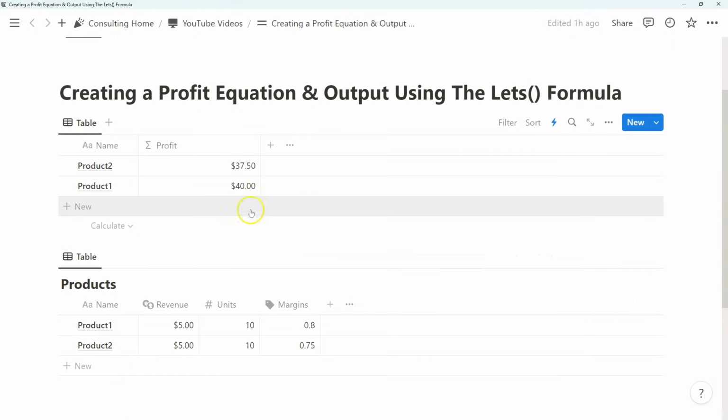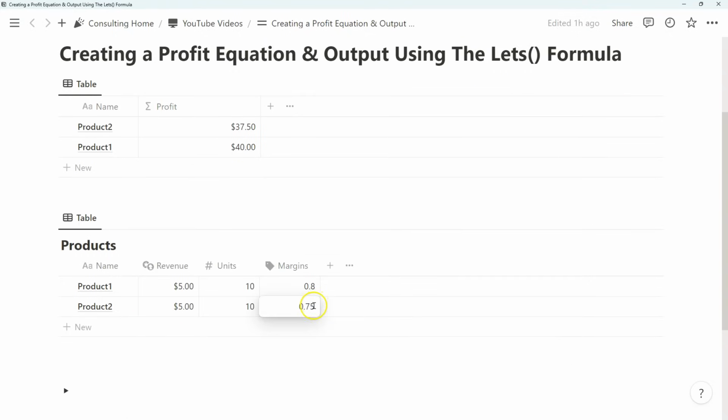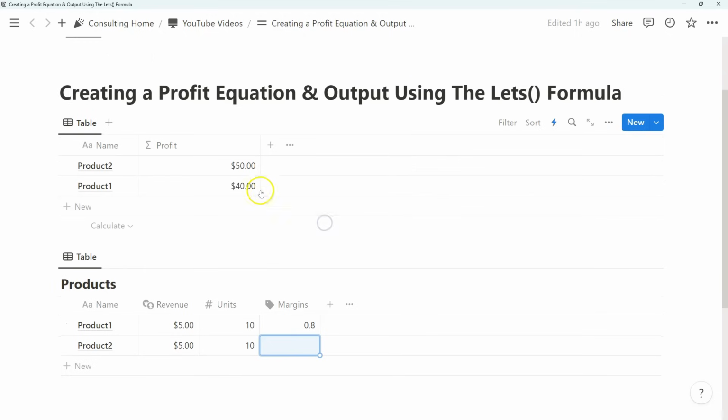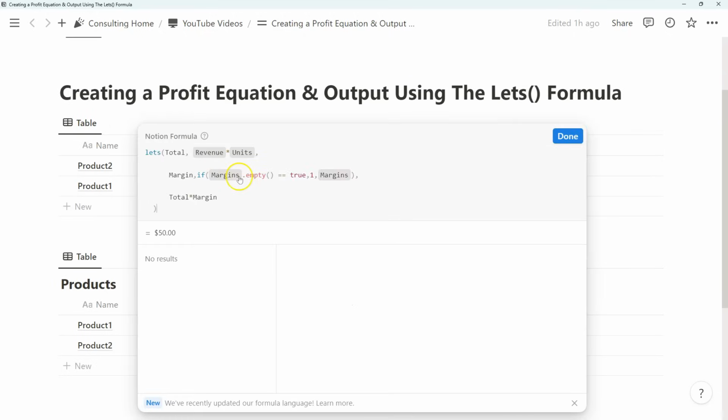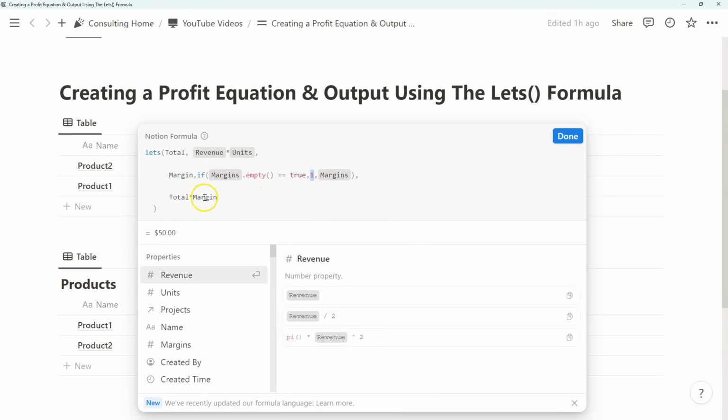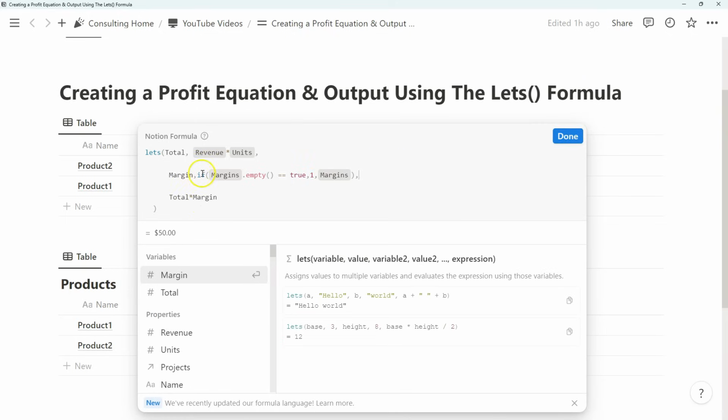So basically what we did here is if we don't include any margin, notice how the profit still appears because we've set up that formula so that if the margins are empty, we'll always just multiply itself by 1, and the total doesn't change, and it doesn't equal 0. So that's a really easy way to make sure that your equation doesn't go to 0 simply because a property